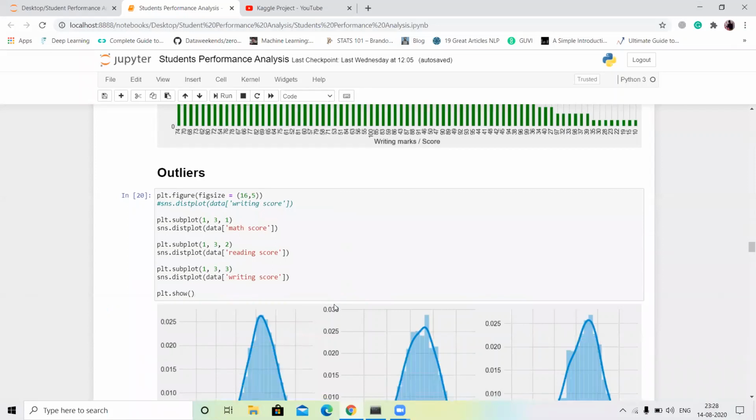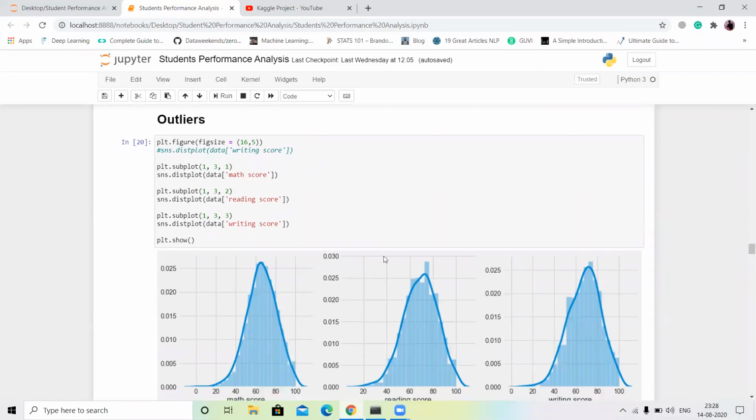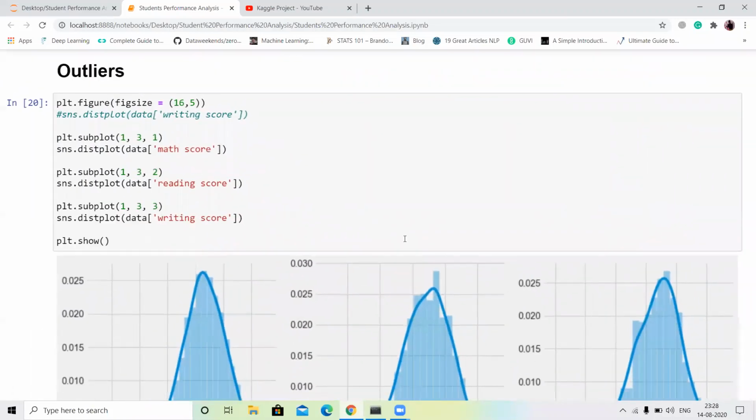In this video, we first check the outliers. For the outliers, I plot this plot. First I define a figure size with plt.figure, figure size 16:5.